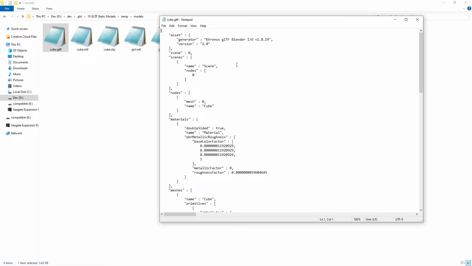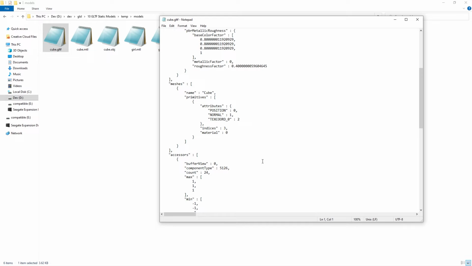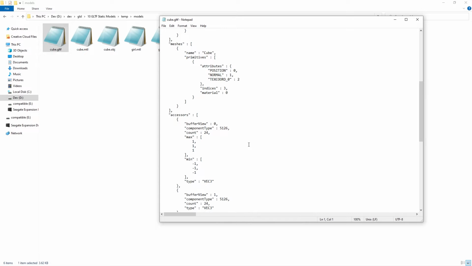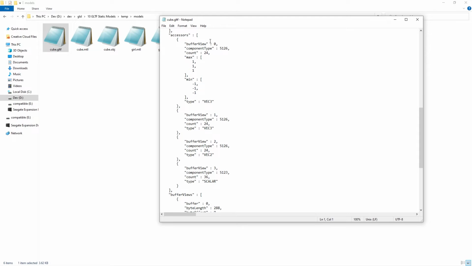Yeah, so just to look through here, we have a scene, and then a scene has a bunch of nodes, and a node could have other nodes, like other children that depend on it. We have materials, and if there were textures, then we could also embed the textures into this, I believe. We'll see. And attributes. And then we have these accessors,